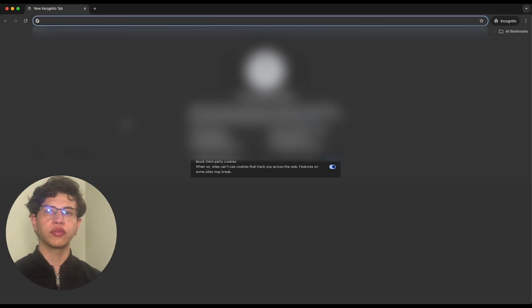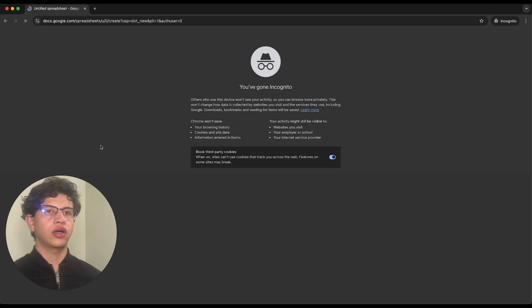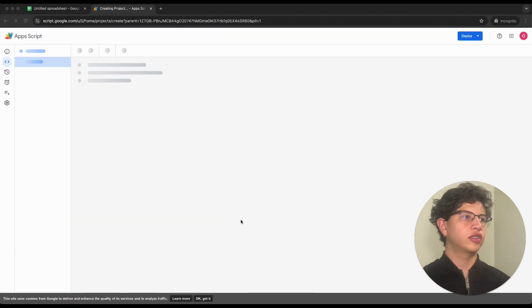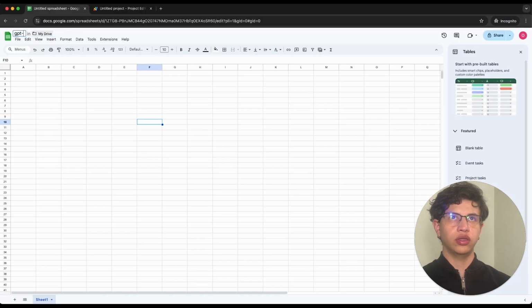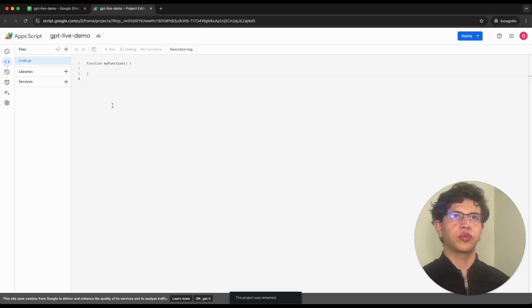Yeah, so I'm going to start from scratch. So we need to create a sheet here. So new sheet, new. Then here, go to extensions, and then Apps Script. And in Apps Script, let me move this here. So here in Apps Script, we can give it a name, this. So just GPT live demo here, and same here. So that would be the first part, to set up Apps Script,